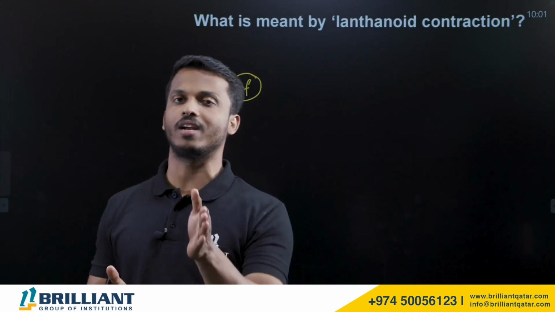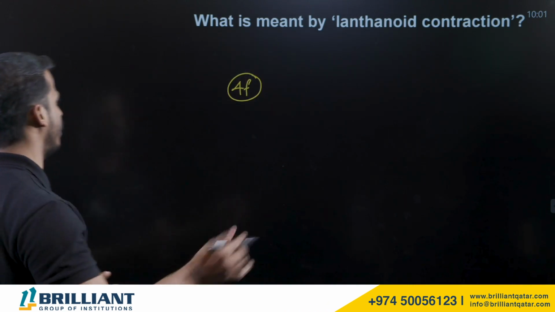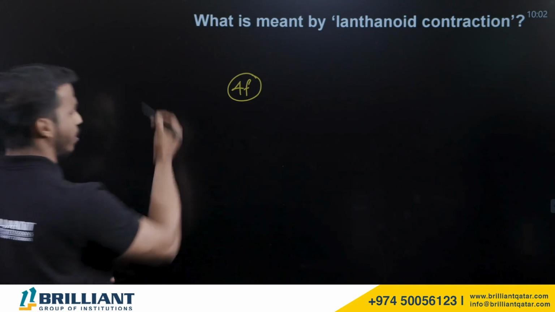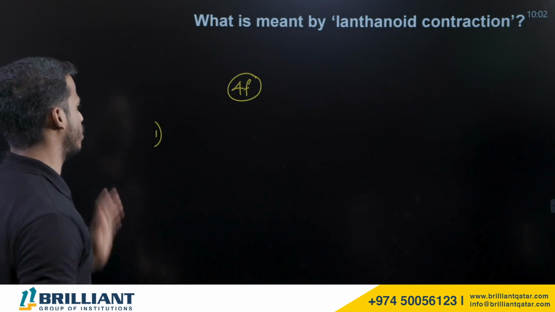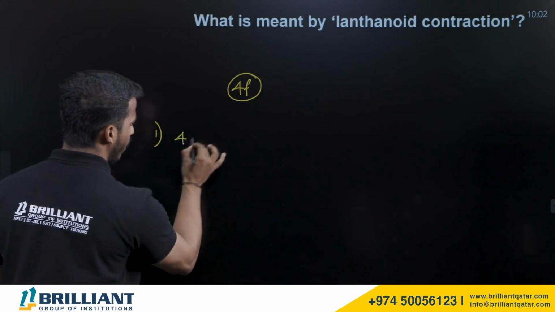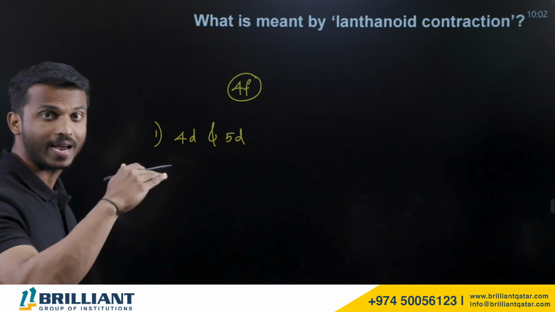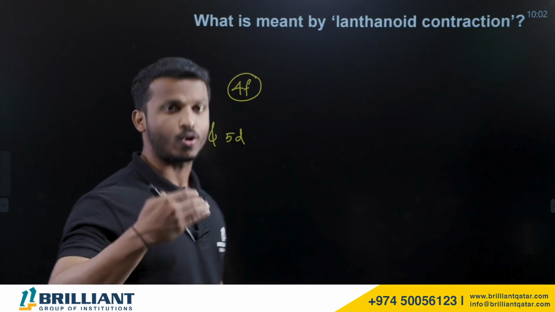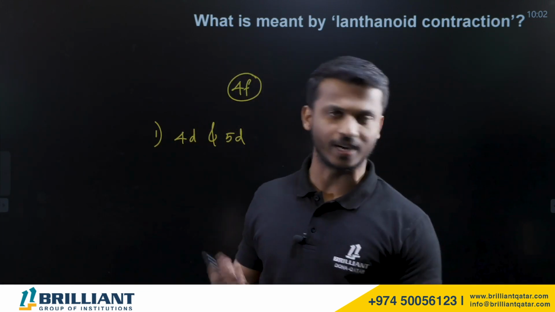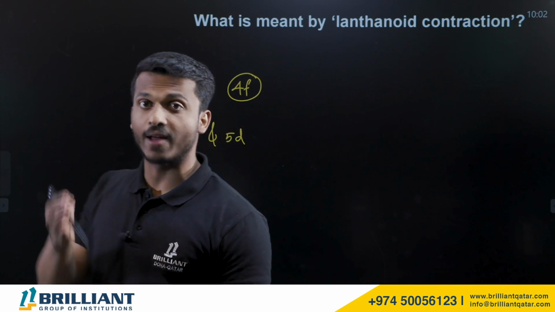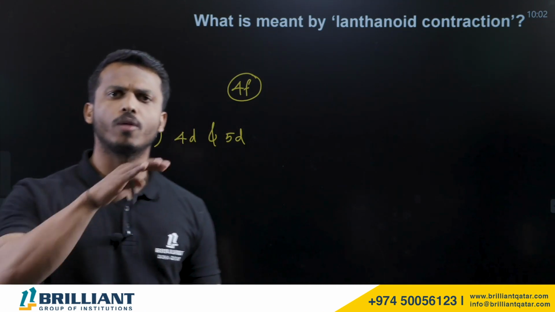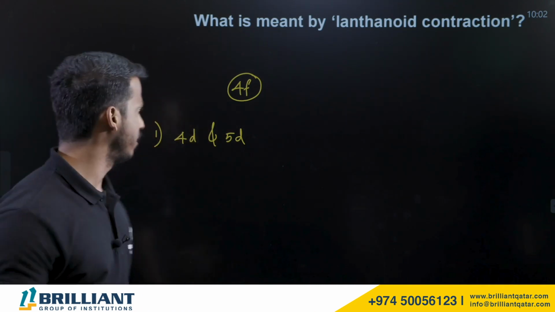And they will ask you, there are 3 consequences we studied for lanthanide contraction, right? What are the 3 consequences, expected questions for your examination? What is the first one? The 4D and 5D series elements have almost a similar atomic size. That is the first consequence of lanthanide contraction you may study. Then, second,